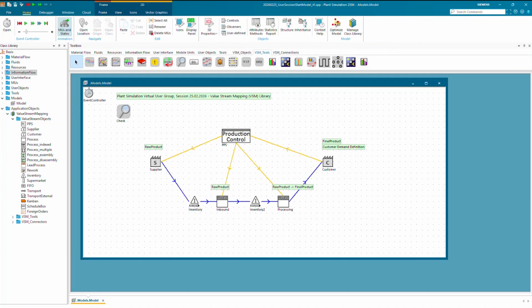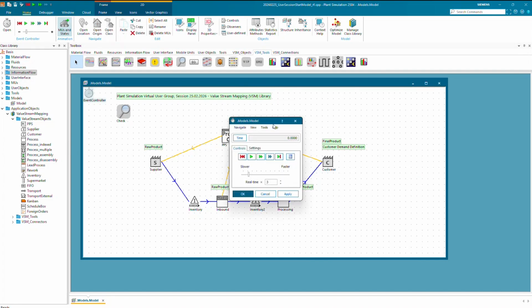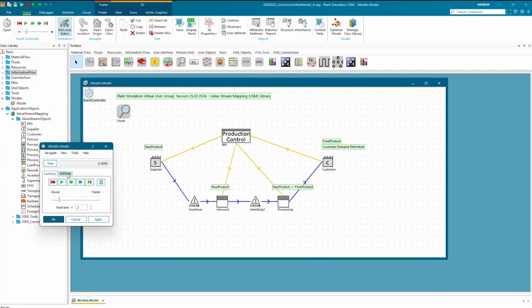So with that, we have a first value stream and can basically already run a simulation. Just adjusting the event controller would be the same for value stream as for basic objects. Just put in here an end time so it doesn't take too long.